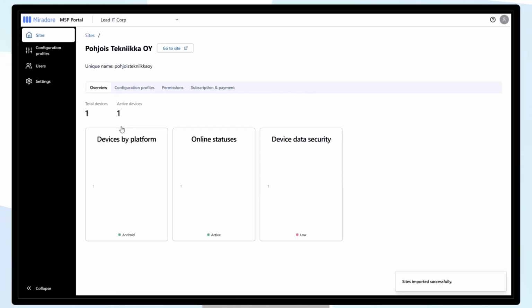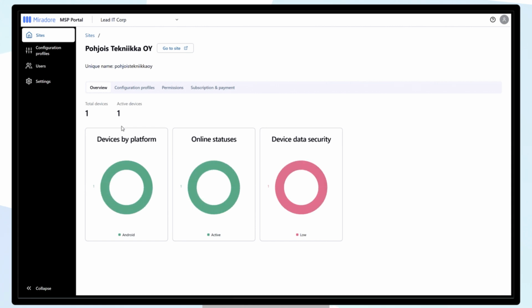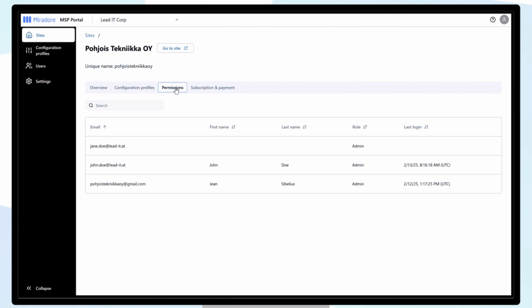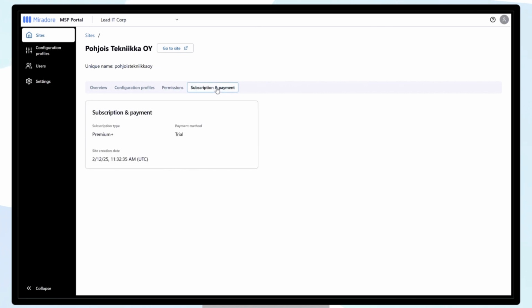Once we click on the site name, we are presented with additional information, such as devices by platform, online statuses, and device data security. The navigation allows you to change between Overview, Configuration Profiles, which lists all of the configuration profiles of the selected site, Permissions, with the users having administrative privileges, as well as Subscription and Payment, listing the current subscription type and payment method.